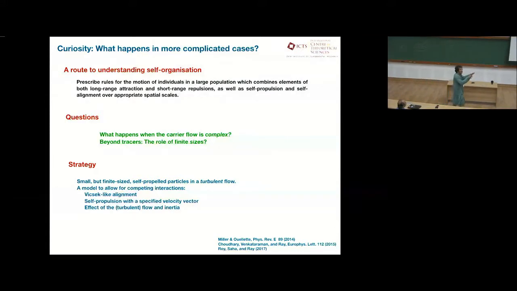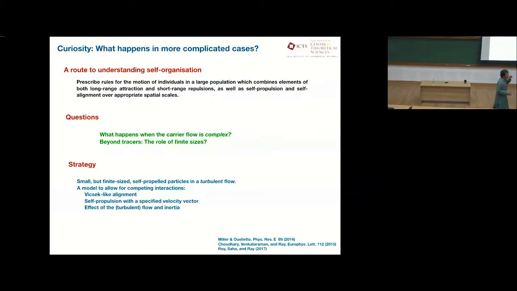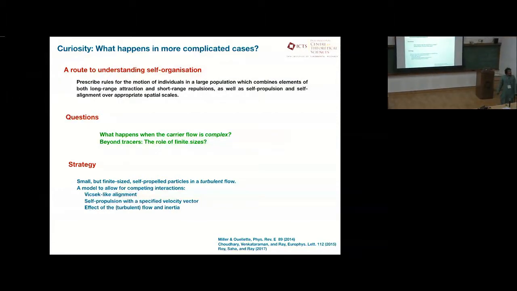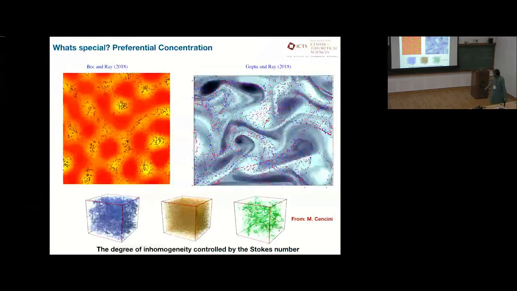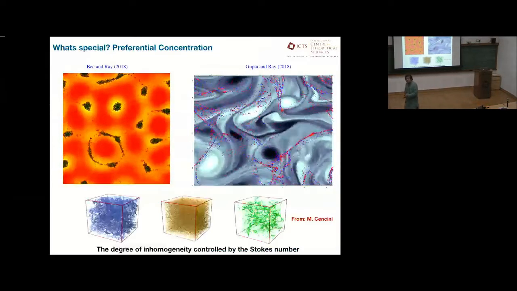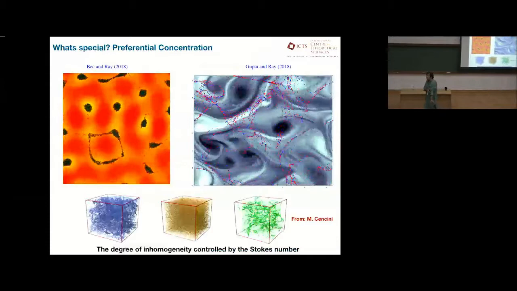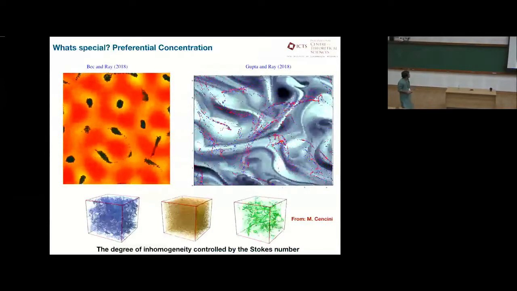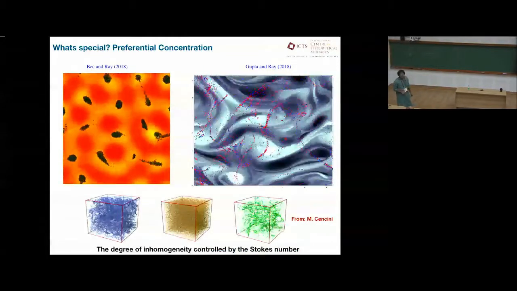And we would like to see, under all these competing interactions, and there's of course noise, but I won't dwell too much on what the noise is doing to this problem, under all of these reasonably defensible, hopefully, assumptions, do we see the emergence of a collective behavior? Now, this is a little digression. What's so special about finite size particles? Why am I laboring on the point that we should move beyond the tracer limit? The reason has to do with what's known as preferential